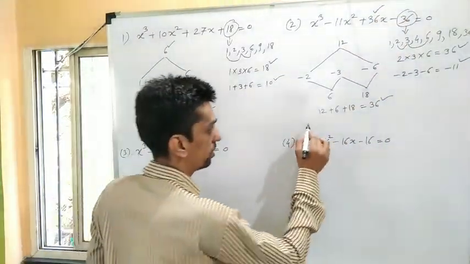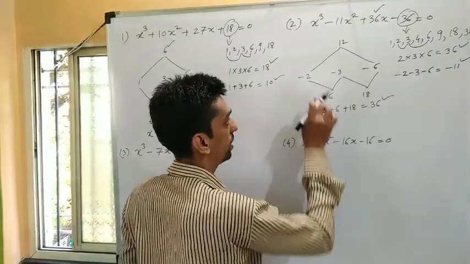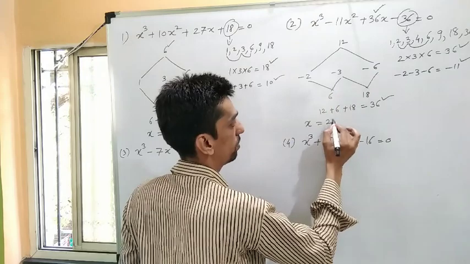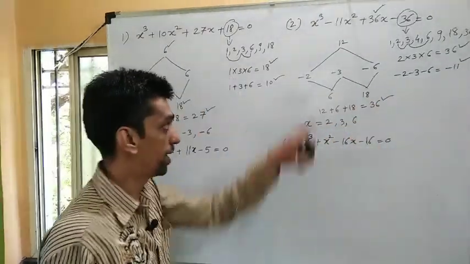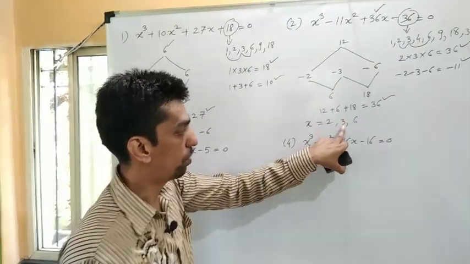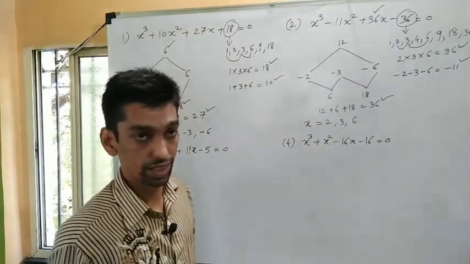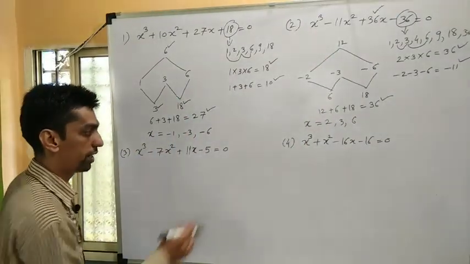So finally the roots of the given equation are the values of x, that is the opposite sign of these 3 numbers. So opposite sign of 2, 3 and 6. So if the minus sign is there, we have to write down plus 2. The opposite sign of minus 3 is plus 3 and minus 6 will become plus 6. So these are the roots of this given equation. So let us proceed to the next example.